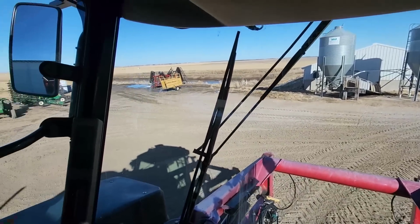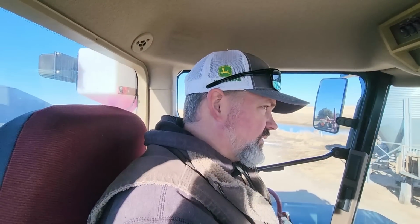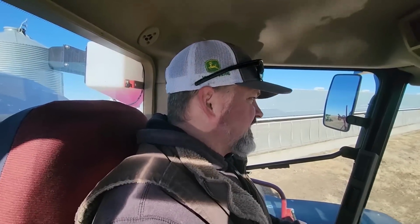Oh boy, I tell you what, it really feels good to be in this machine. The sprayer is one of my favorite machines, and I'm really pretty good at it. It would probably be best for this farm if I hire a lot of other things out and then I just am dedicated to the sprayer. So if I can build a team around me to be able to run planters and field work equipment, and then I'm just dedicated to the sprayer, that's probably how we can make a lot more money or have a lot more cost savings, because I'm really good at it and I really do enjoy it, but I'm usually just pulled in all sorts of different directions,